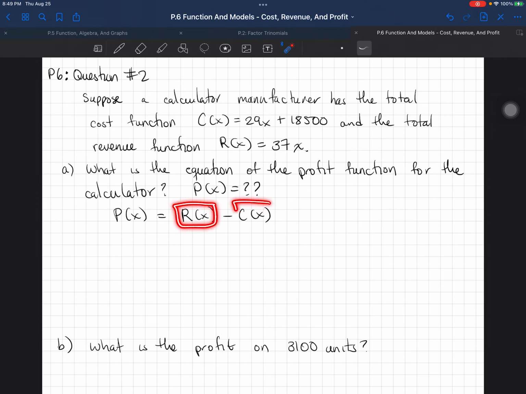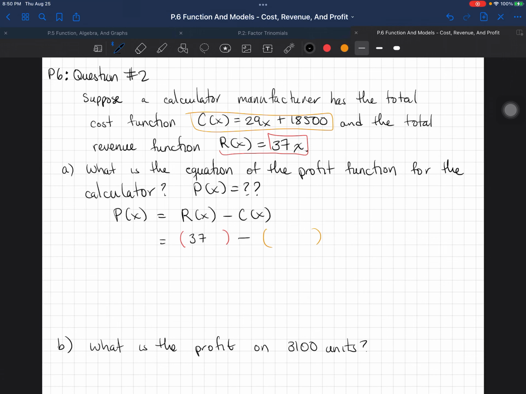So the way we're gonna do it, well, we know what this means, and we know what this means. So we're gonna go ahead and replace the revenue. So here's your revenue function. We're gonna do a direct substitution. And I wanna invite you to try this. So wherever you're gonna replace something, put in parentheses. Most of the time, you need to put the parentheses. So this will be replace the cost function with the expression 29x plus 18,500,